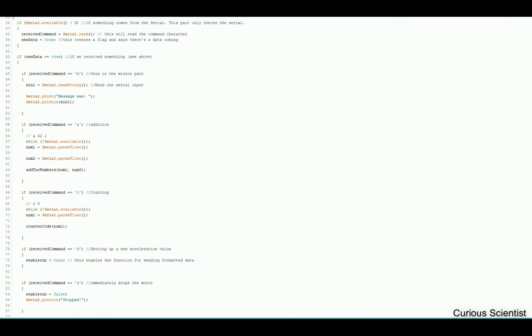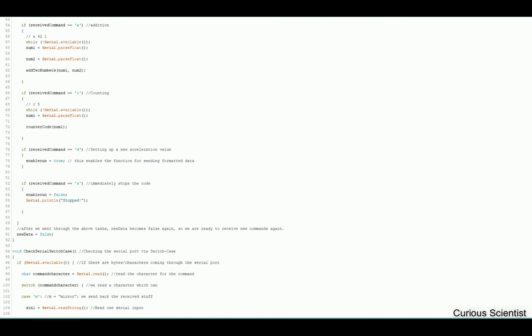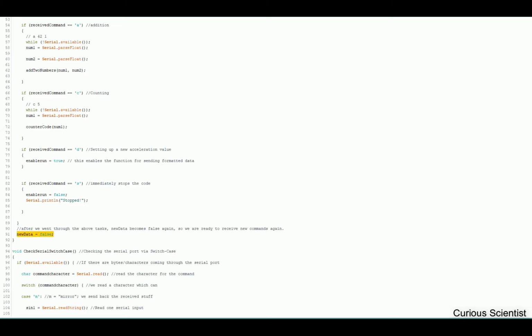Well, if we go back to this part, so we left here, there is another part that controls this. This should be code, not motor. So when we reach this part and we send a character S, then this enable run will be switched to false, and then we also write a message like stopped, just to make sure. And then if we finish this, new data equals true, then we switch it back to false, because otherwise